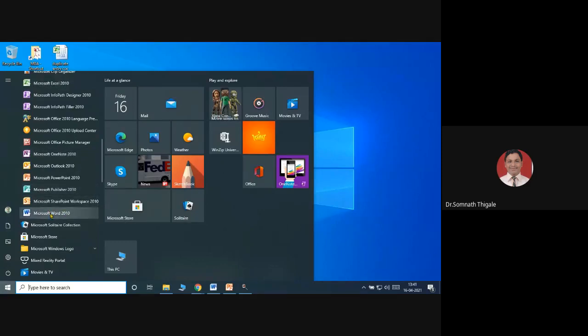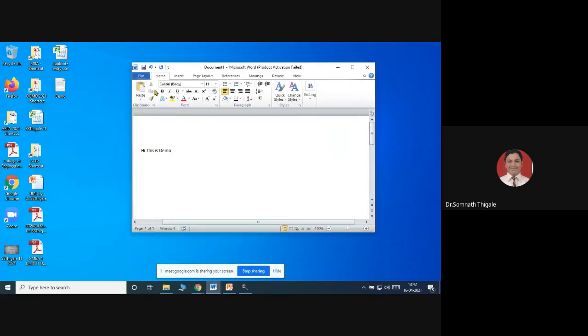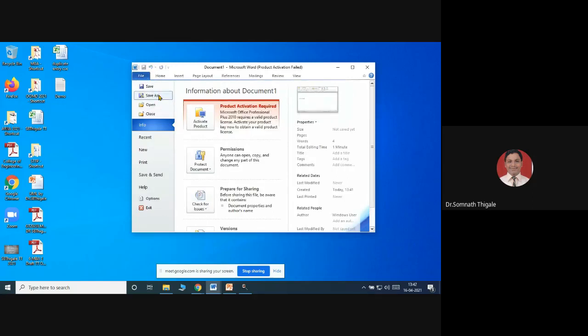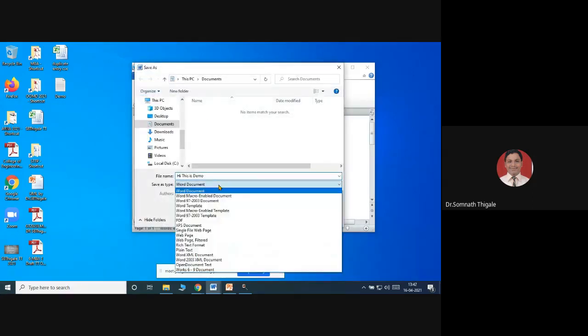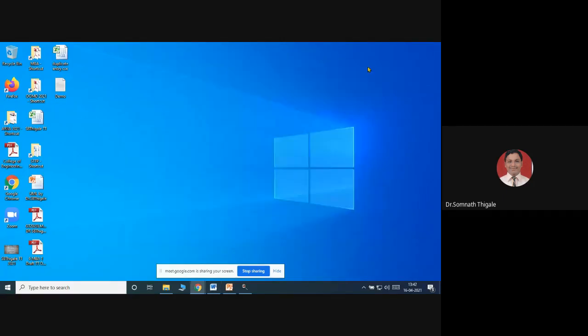So in chapter 3, we are going to focus on Microsoft Word 2010. If I select this, it is going to open. I'll just hide this. This is again a demo. Now you can see the two window options are there. I will save this, Save As. Again, I will save this in the C drive. You can check out the options here, Microsoft Word document, and I'll give the same name so that you can understand. Demo, and save. Close this.